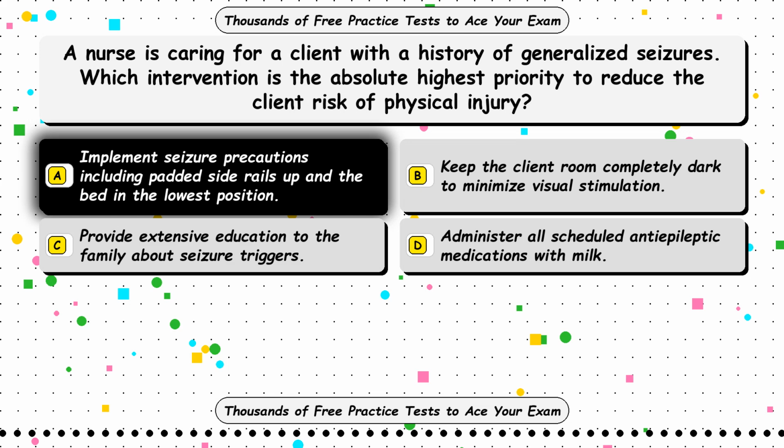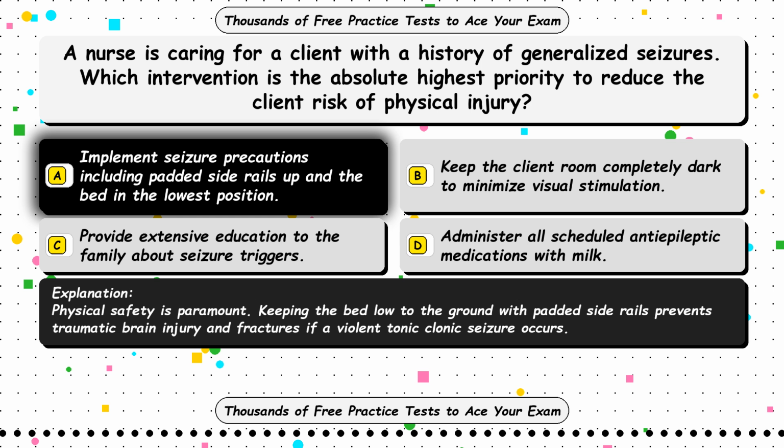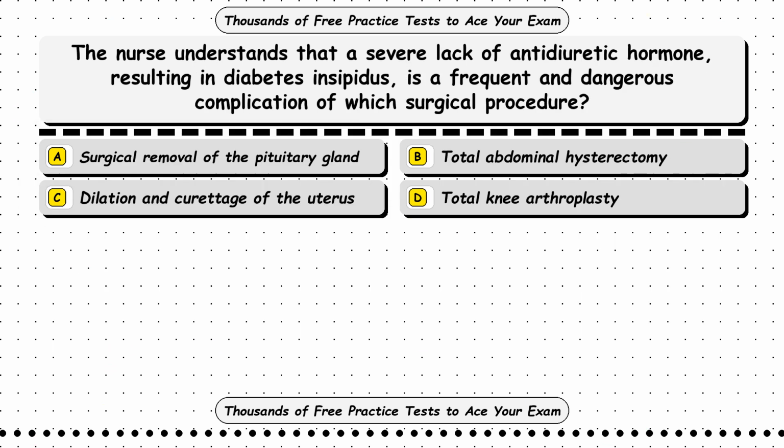The correct answer is option A. Implement seizure precautions including padded side rails up and the bed in the lowest position. Physical safety is paramount. Keeping the bed low to the ground with padded side rails prevents traumatic brain injury and fractures if a violent tonic-clonic seizure occurs. Question 156. The nurse understands that a severe lack of antidiuretic hormone, resulting in diabetes insipidus, is a frequent and